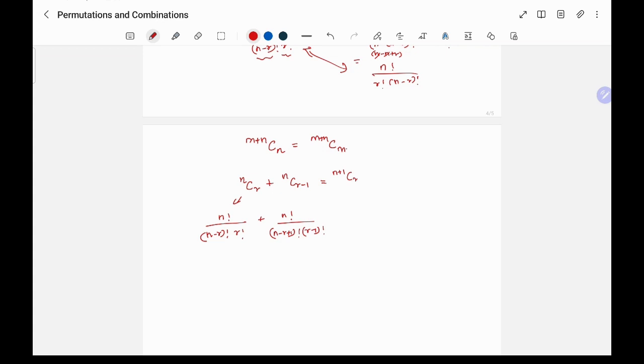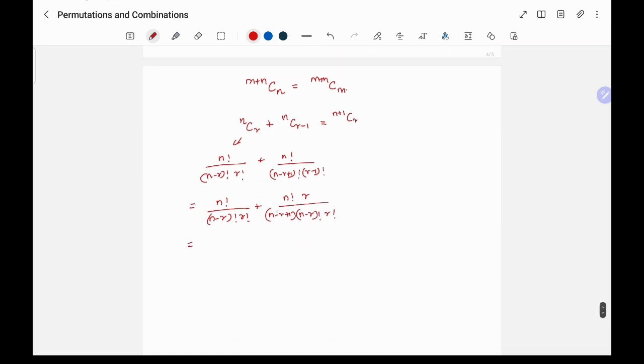So if we just write it out, let's keep this the same because we want r, right? So n minus r factorial, plus, so this we can multiply and divide by r. So what will we get? Here I can write (n minus r plus 1) into (n minus r) factorial, and this will become r factorial. So now if I just write it out, what will I get? (n minus r plus 1) into n factorial plus n factorial into r, divided by (n minus r plus 1) into (n minus r) factorial